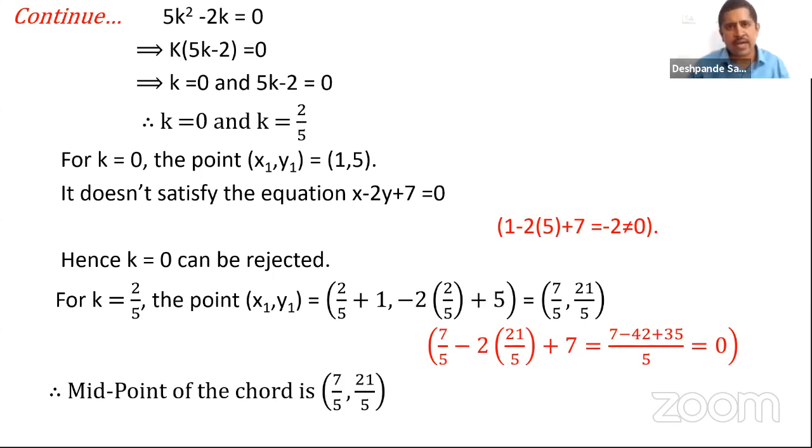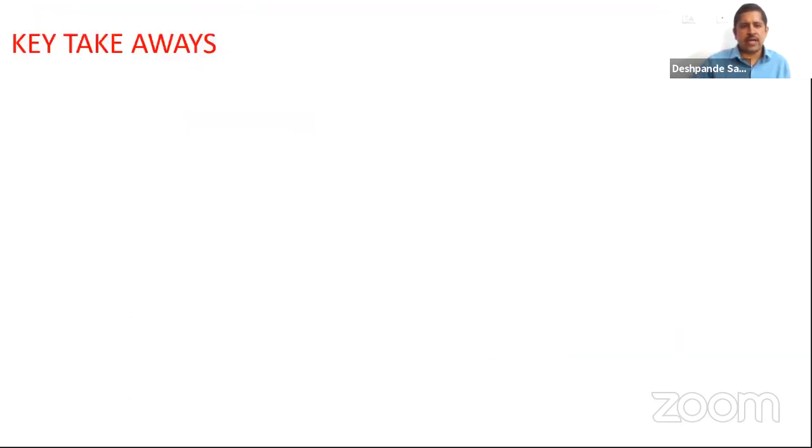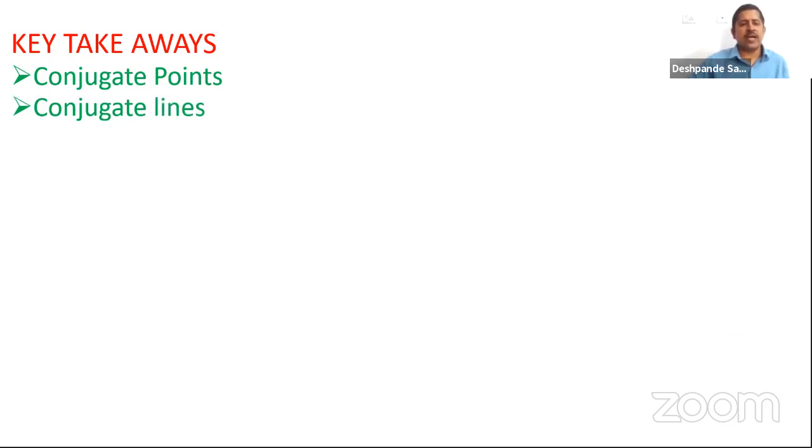So we have done today a very small set of concepts. One is conjugate points and conjugate lines, and we have taken the equation S1 is equal to S11, then proceeded, right? So what have you done today here? You learned about conjugate points, conjugate lines. What are conjugate points? 2 points are said to be conjugate points when the polar of the first lies in the second one and the polar of the second lies in the first one. Conjugate lines, the 2 lines are said to be conjugate lines.